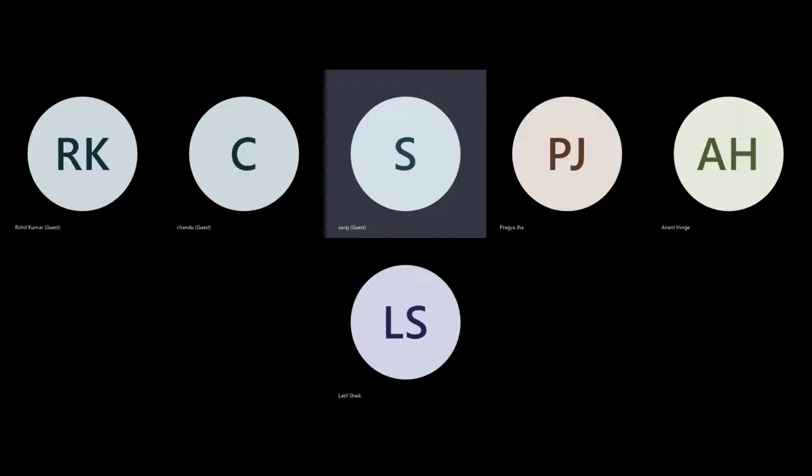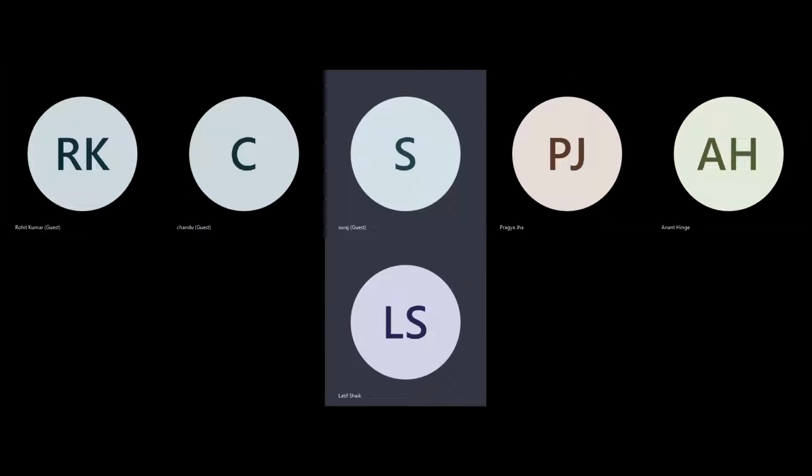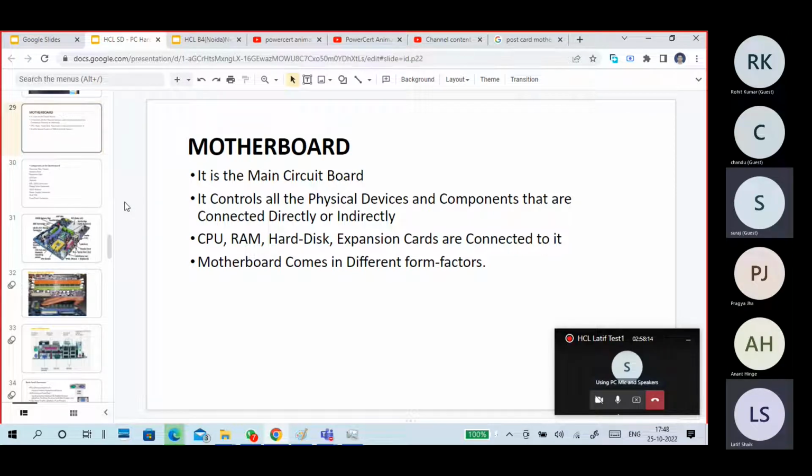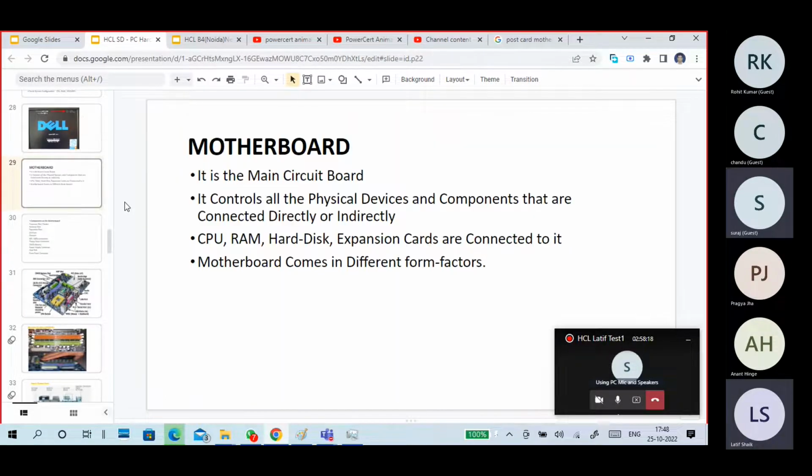Hard disk is also something we can start with. One hard disk, we can tell, is complete storage, one day is better. Guys, we have seen so many things like the CPU, RAM, ROM, and the